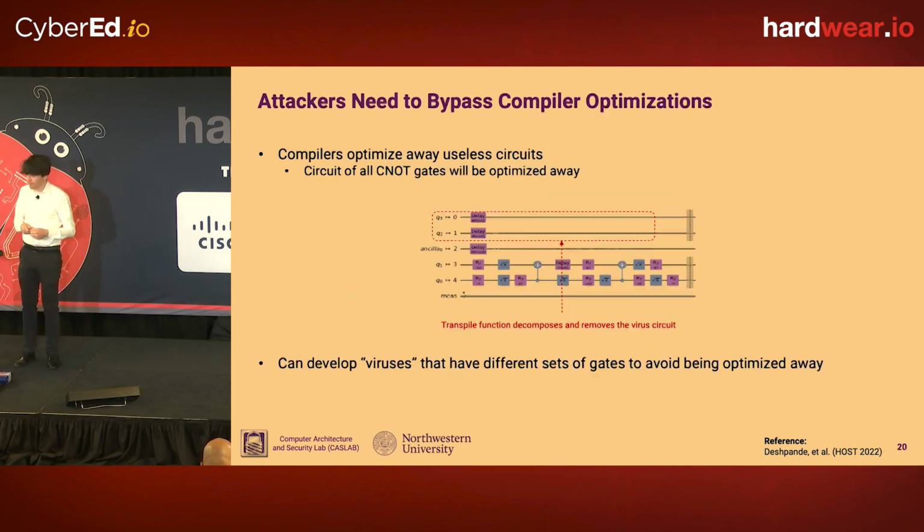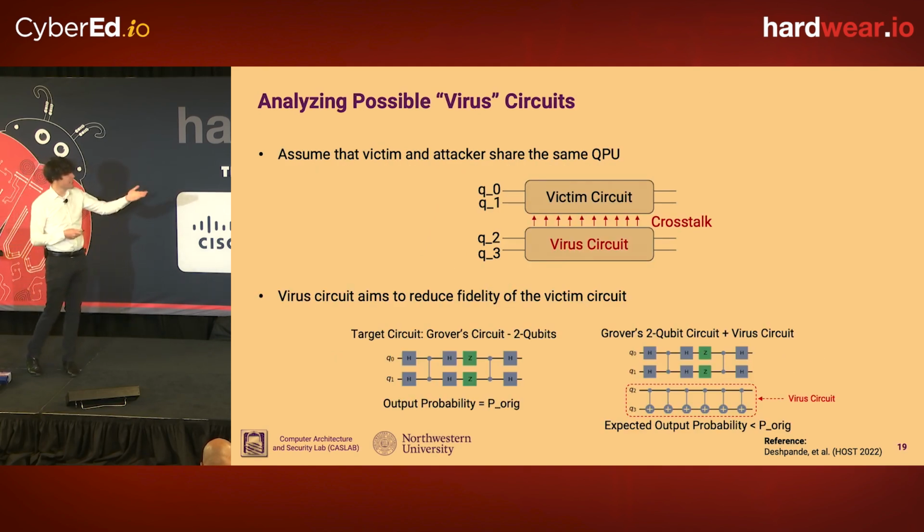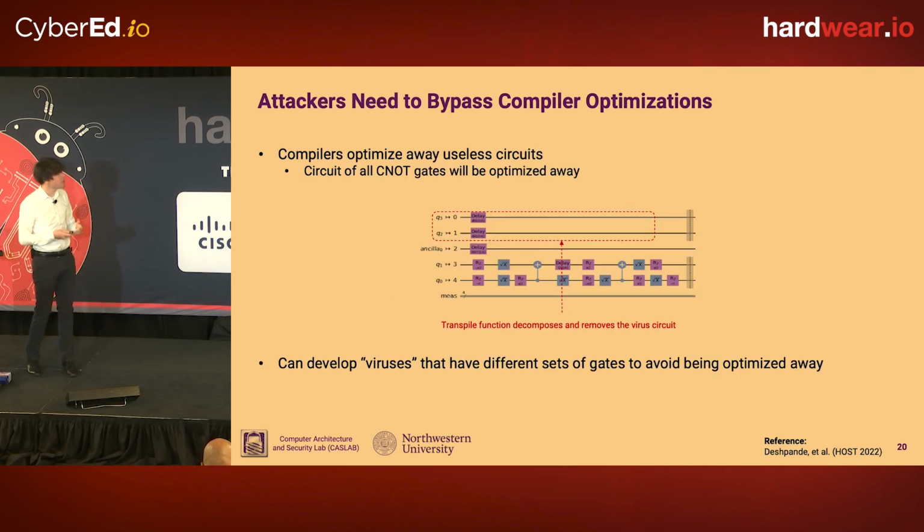Now, although I said that there's no security features in quantum computers, they do have some basic optimizations. When you compile a quantum circuit, for example, a compiler tries to remove redundant or useless gates or reorder things just to make them fit on the small quantum computer. So if you submit a nonsense circuit like this with a bunch of CNOT gates, it doesn't do anything useful, and the compiler actually eliminates those gates just as optimization, not as a security feature.